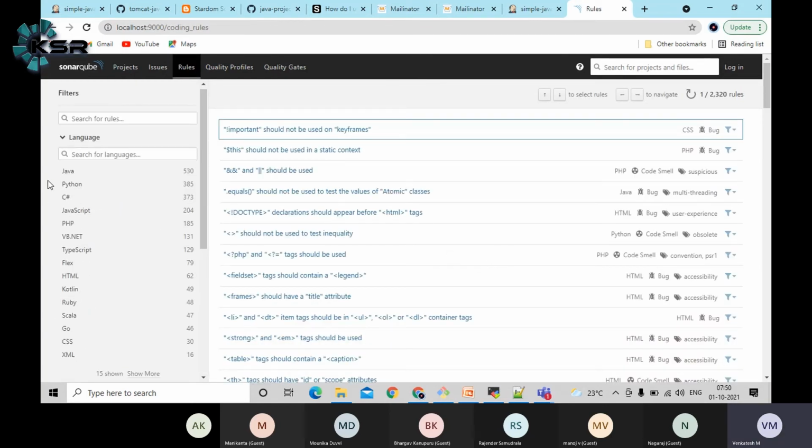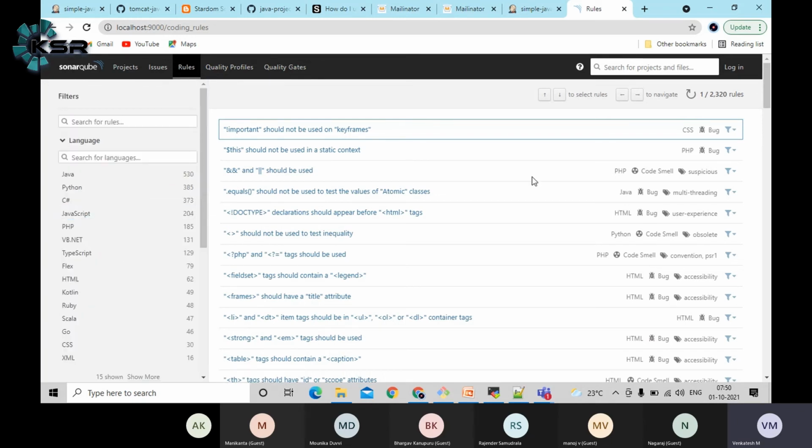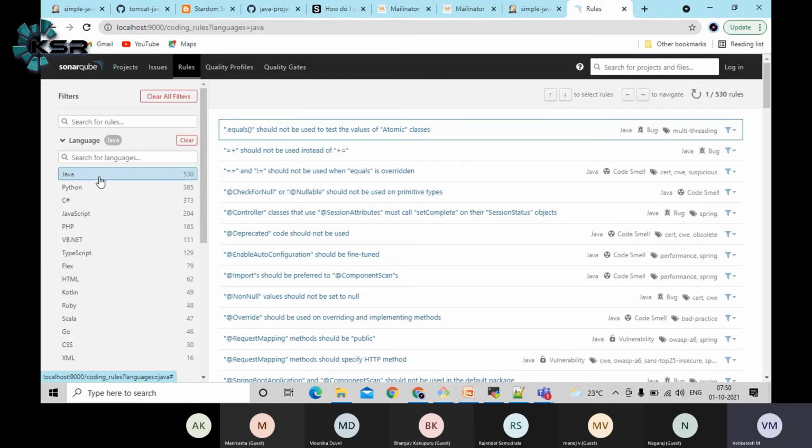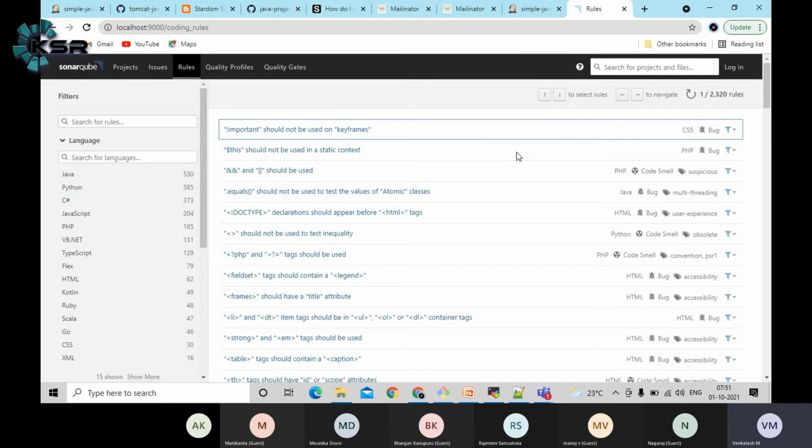Here you can see these are all coding standards, guys. If you see, for Java we have 530 rules. That means when I'm running the Sonar scanning on your code base, it will run all these rules. It will check each class, each method, whether it is as per standard or not. If it's not as per standard, it is going to report it in SonarQube. Similarly, for Python also some set of standard rules we are going to impose.